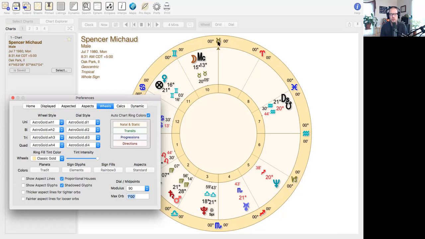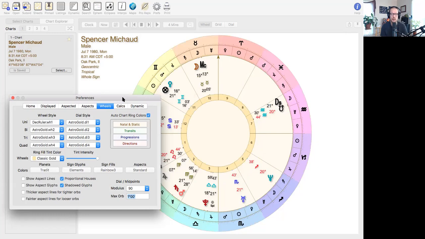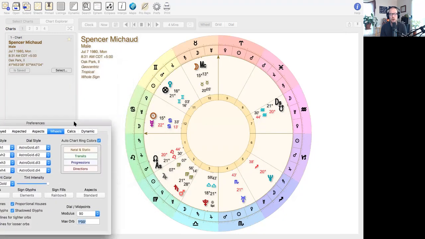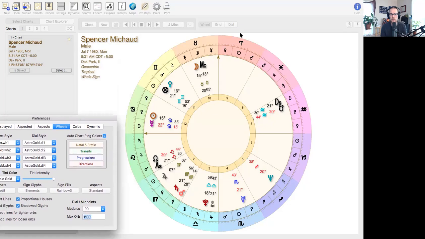All right, so we've got this beautiful AstroGold wheel number 1 style, and the first thing we're going to look at is the Decan rulers. Now this is fun because they come in these kind of rainbow colors. All right, we've got these different rainbow styles, and you can see that we have the signs on the outside,